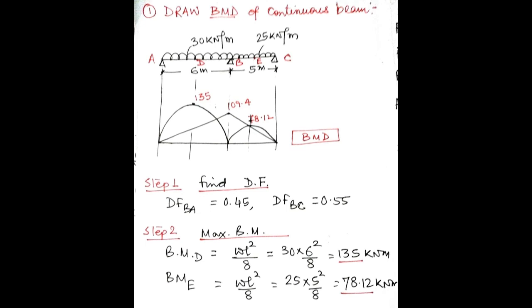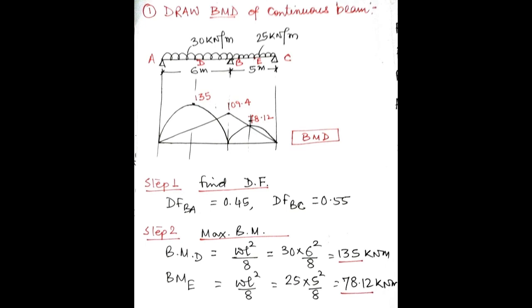So while you are noting it down in your notebook, please keep this space blank, because below the beam we should always draw the bending moment diagram, not separately in some other place. So keep this thing blank, and after that we will see how we make this BMD and write down the values. So keep this space blank currently, and let us move to step number 1, that is finding the distribution factor.